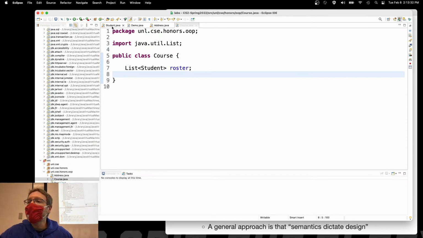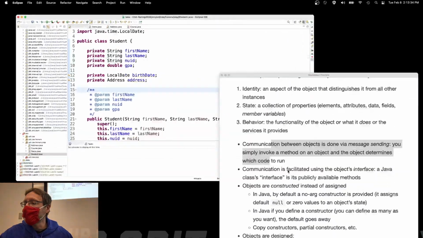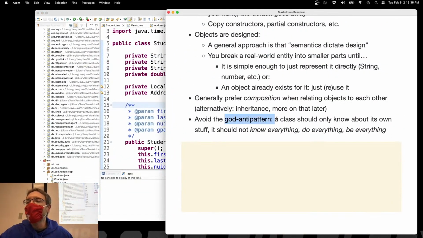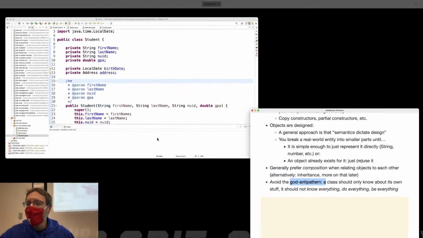Okay. All right, so let's see, go back over here. You want to avoid the God anti-pattern. Don't put everything into one class, right? Student stuff is responsible for student stuff. Address stuff is responsible for address stuff. And don't mix them together. Right? Okay. All right, so